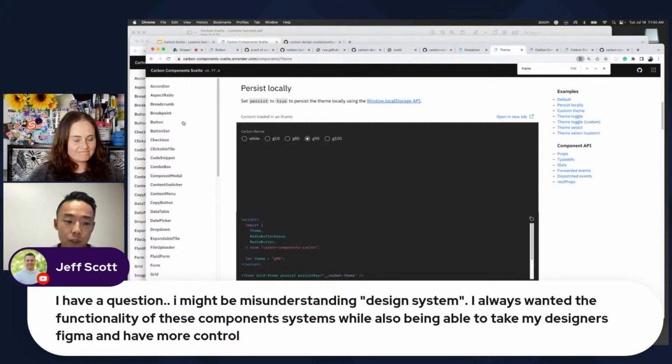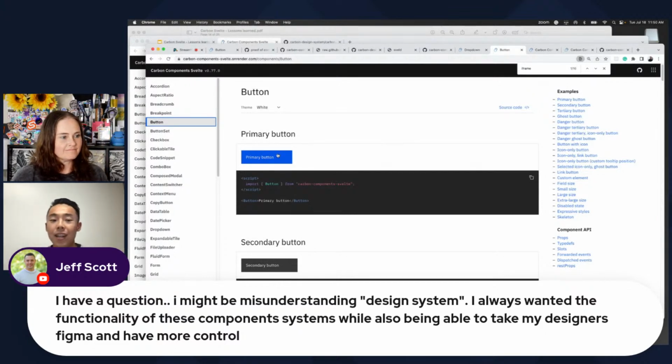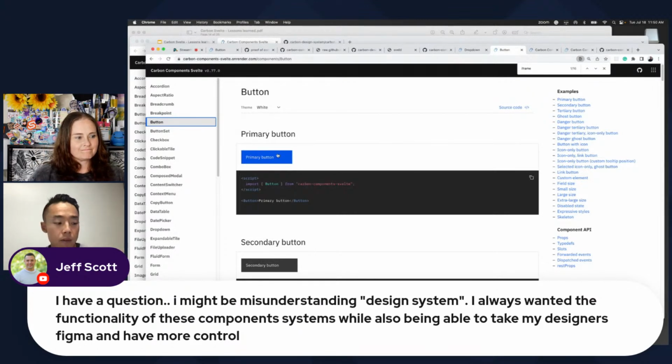For example, if you have a button variant that's a different color in the implementation that doesn't exist in the design side, the designers wouldn't be able to really use it, and it could be very confusing for the end user, if the designer sees the end implementation be so much different from what they have in design. And for Carbon especially,